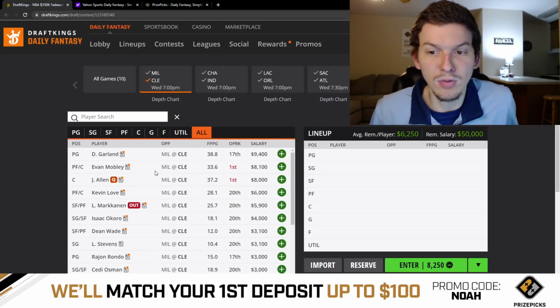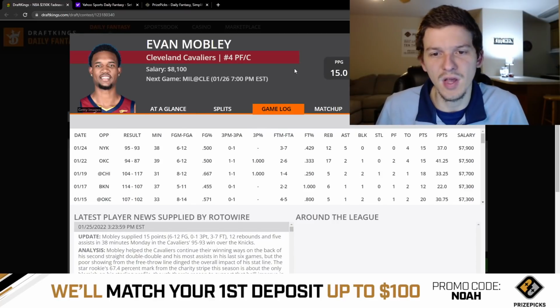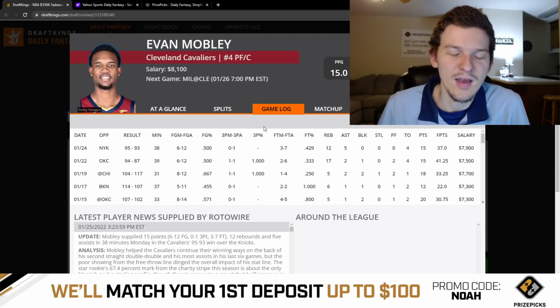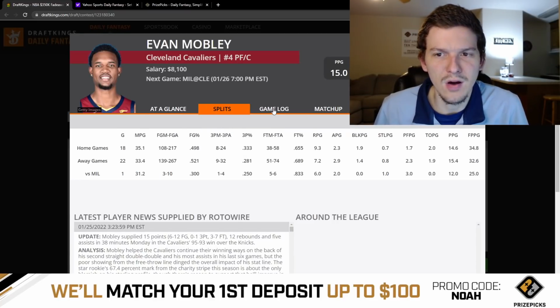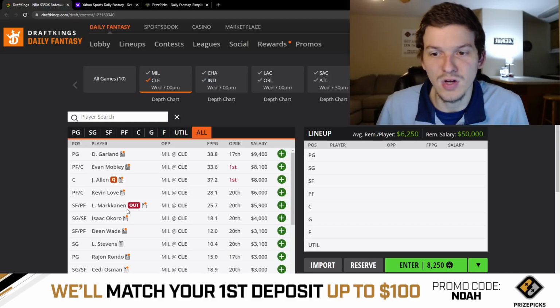But I think Kevin Love and Evan Mobley would both be viable. Evan Mobley was kind of disappointing last game. He played 38 minutes, but only 37 DraftKings points. I think he does get a boost when Jarrett Allen is out. So if you want to go there, it's more of a tournament play, but I think at 8,100, Evan Mobley is